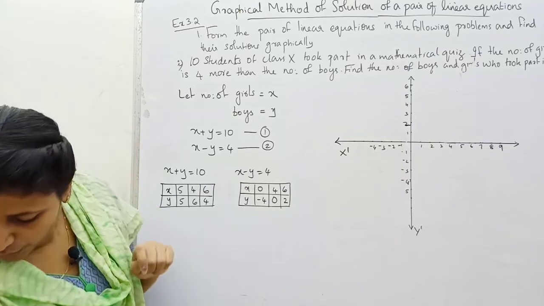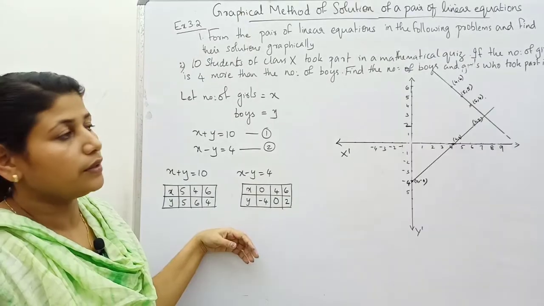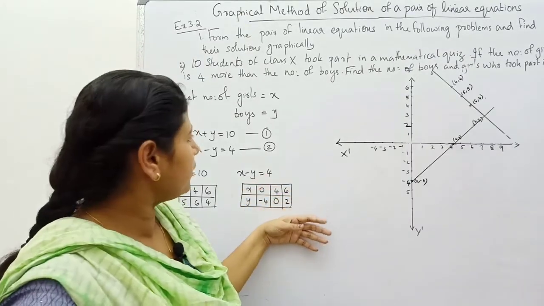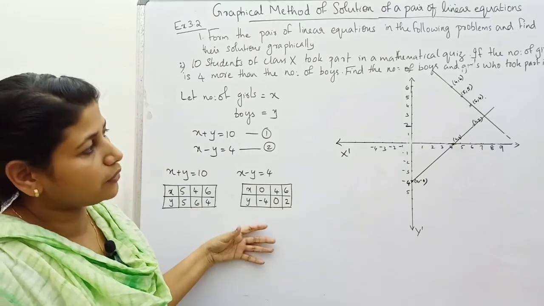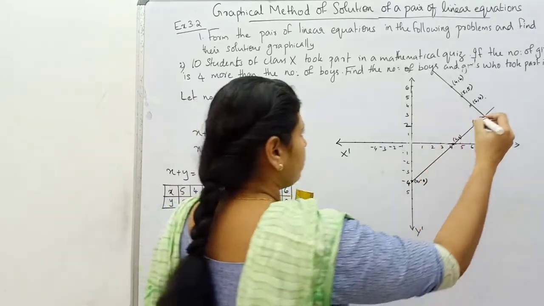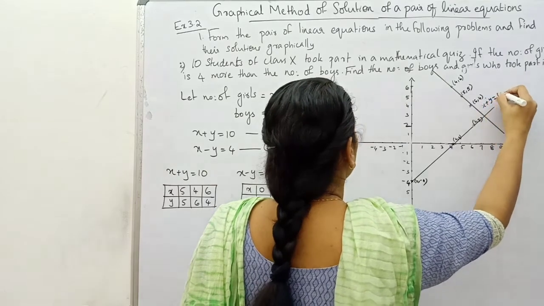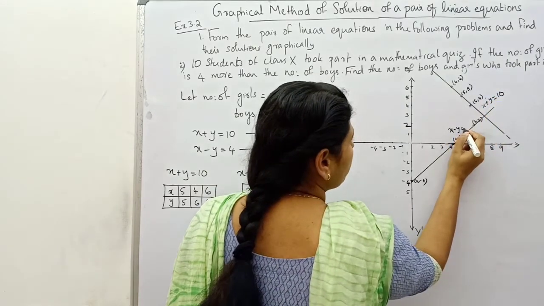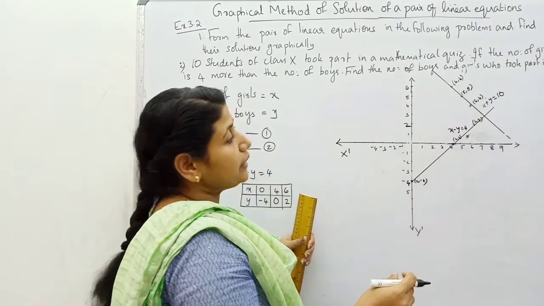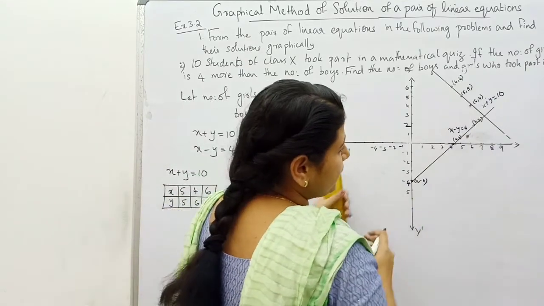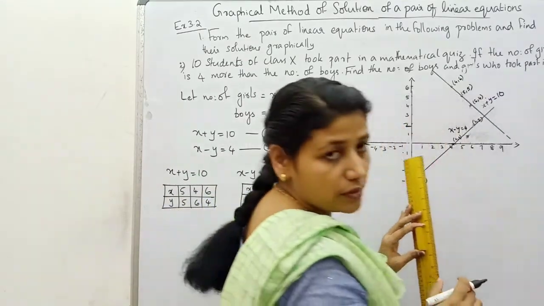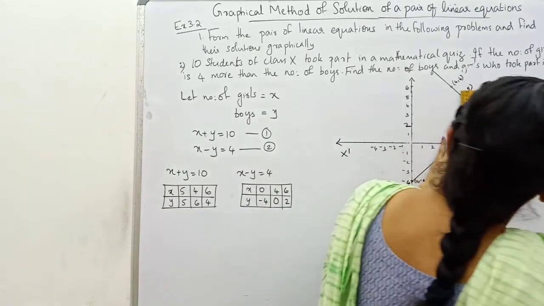Okay. Now we are going to draw the graph. So here is your graph. I have drawn it with the two tabular columns. I have got the graph just like this. This is x plus y equal to 10 and this is x minus y equal to 4. So we have got a meeting place between these two lines. The point of intersection of the two lines will give you the number of boys and the number of girls.